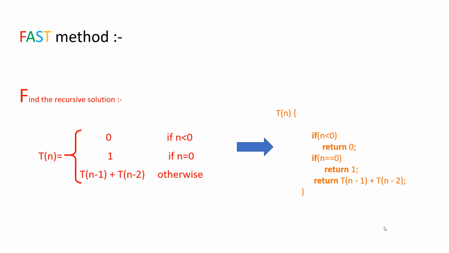So you can see, guys, if n is less than 0, we are returning 0. If n equals 0, we are returning 1. Else we are returning T(n-1) + T(n-2). So this is the recursive solution, and the recursive solution has a complexity of 2 raised to the power